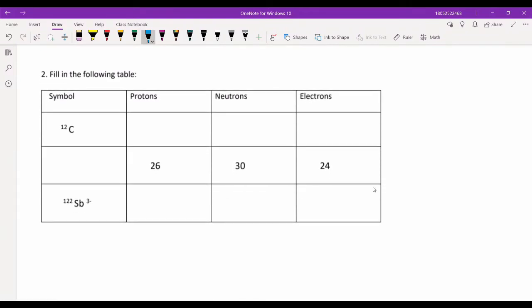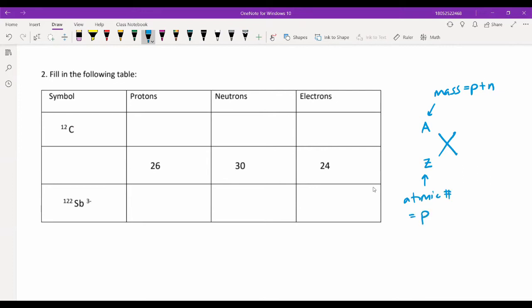All right, so for number 2, we're going to fill in this table. These are dealing with atomic symbols. So you could think about a symbol being some letter or letters that represents the particular element or type of atom. Up here, you're going to have a mass number, which is sometimes called A. And this is the number of protons plus the number of neutrons. Down here, you're going to have the Z, which is the atomic number, which is just the number of protons